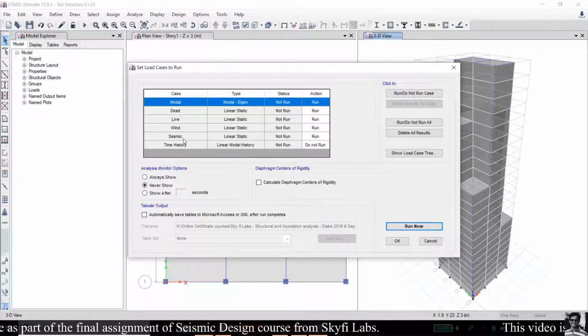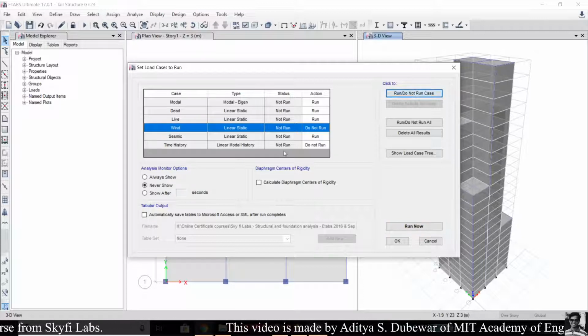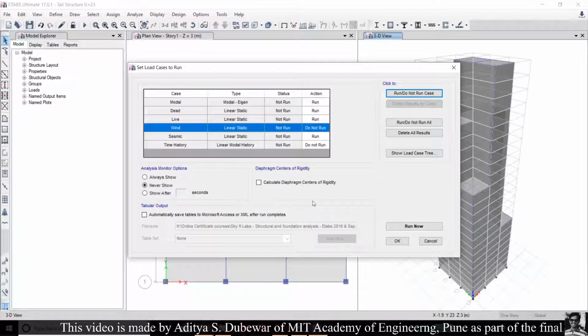As we are analyzing for the seismic load, there is no need to run the structure for the wind load condition. Select the wind load and click on the run / do not run case, and change the action to do not run. Then we will run the structure for dead load, live load, and seismic load, and then click run now.